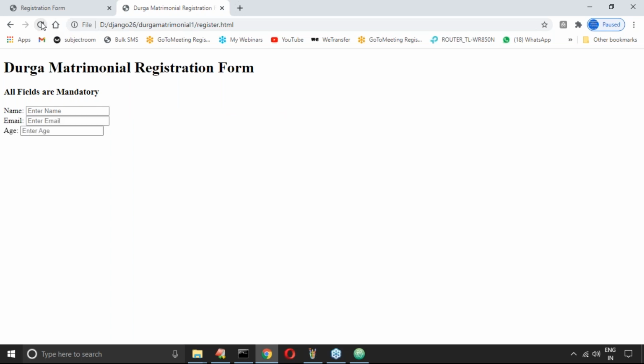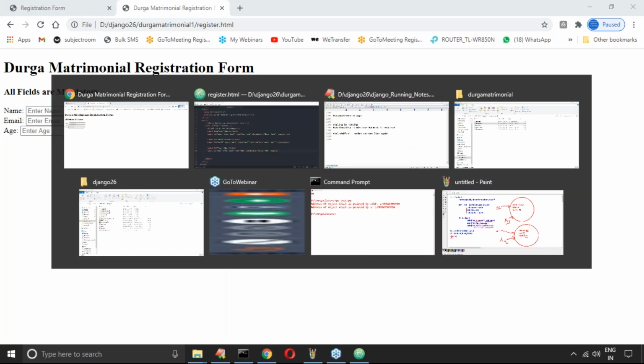Are you feeling comfortable? Name, email, and then age. Some people may feel, sir, I want these things in table form, a very neat form and so on. Don't worry, that part we have to talk about in CSS. Any doubt? That part we are going to take care of. Style wise, don't worry. Are you in a position to talk about the fields or not? Components, the basic structure, can you develop or not? This is what you should be aware of.